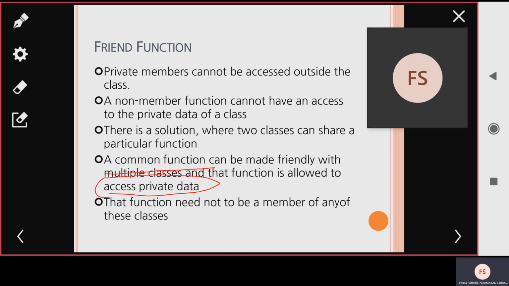That common function we call a friend function. That friend function need not be a member of any class, so we can't consider that function as part of either of the two classes.